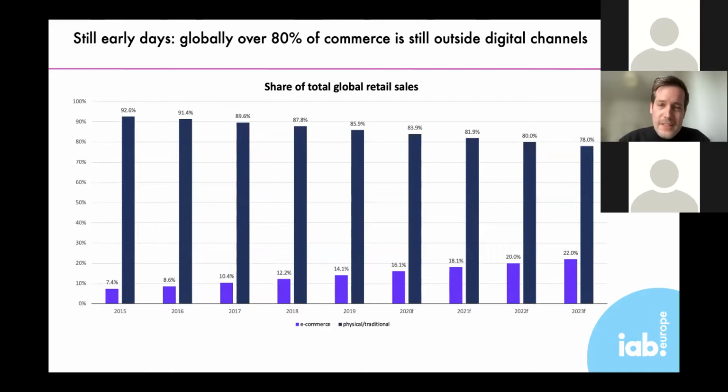Overall, we can see that despite this massive boom in e-commerce and how it's changing advertising and how advertising is reacting to these new opportunities, it's still very early days. Globally, over 80% of commerce is happening outside of digital channels. It's changing rapidly, but we are still seeing, despite the recent growth, a massive expanding addressable market. So it's very important to get the right tools in place, to continue to monitor this space,